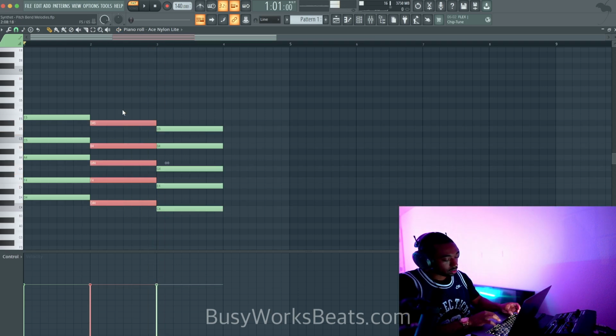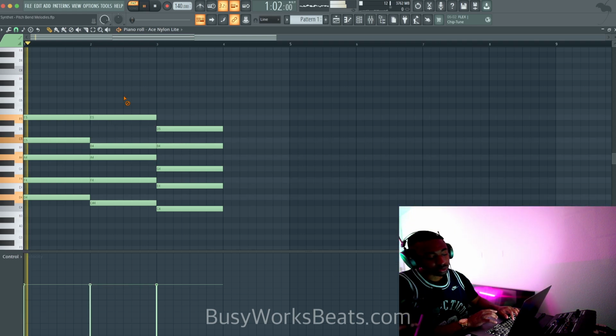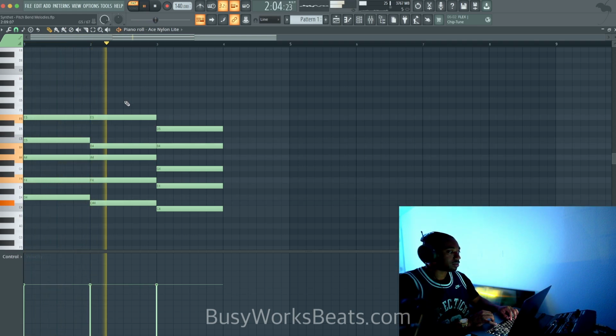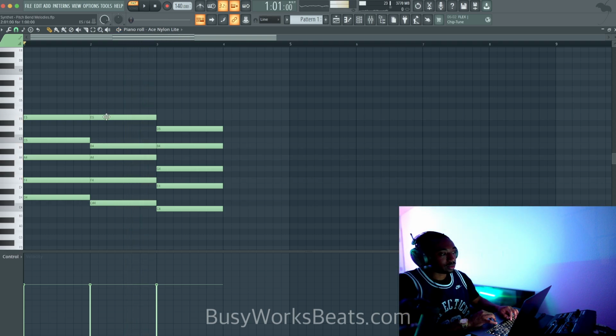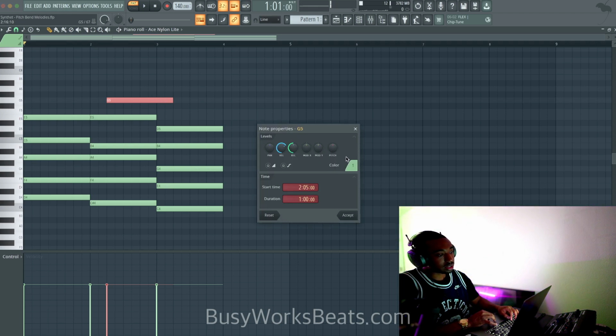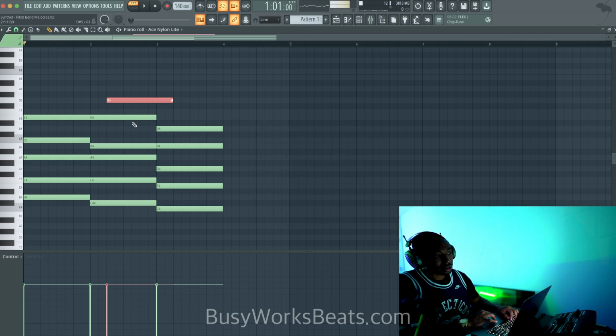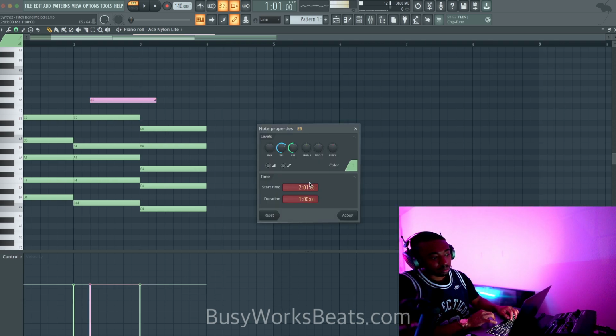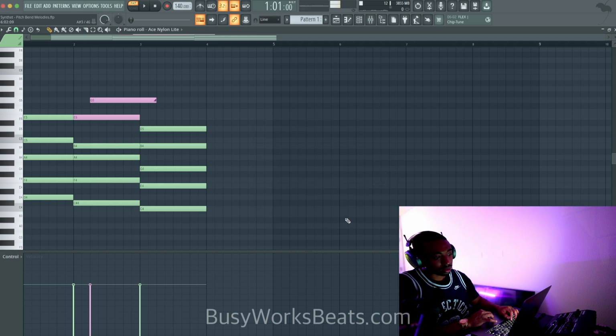Okay, so let's hit Control Alt G to ungroup, hit Control Shift, highlight these notes, hit Shift up to transpose these notes. Okay, so let's say I want to pitch bend right here. Let's double click and let's make this color a different color. Make that a slide note. Now double click on where it says E. Make that the same exact color or this won't work.